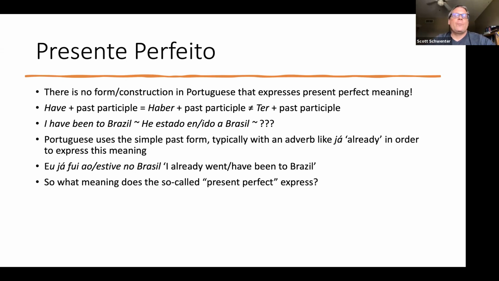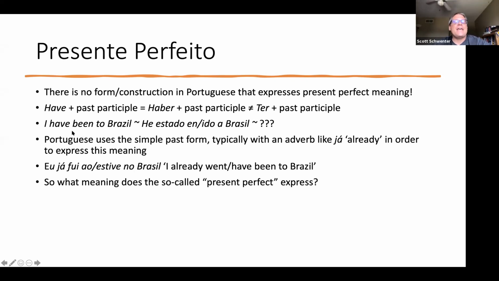I didn't put this in there, but haver, which is haber, but with a V, does exist as well, but it's only used for past perfect. So you only use haber plus past participle when you're saying había comido in Spanish, right? Or more typically writing, because in speaking you probably wouldn't use it very much, but in writing it still persists. But it doesn't show up at all for present, so they use ter.